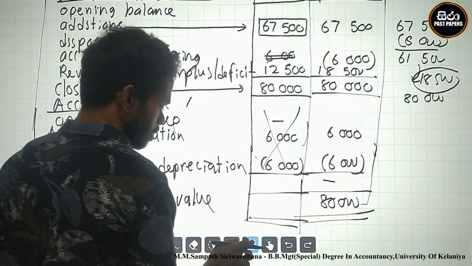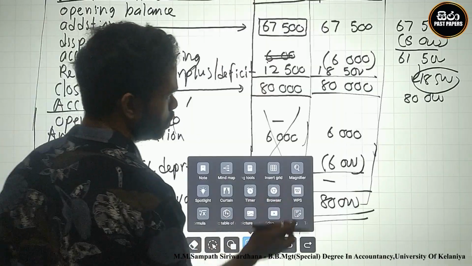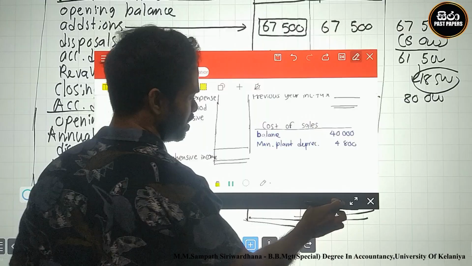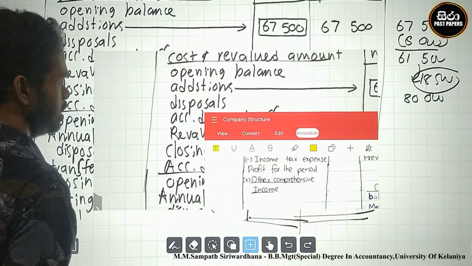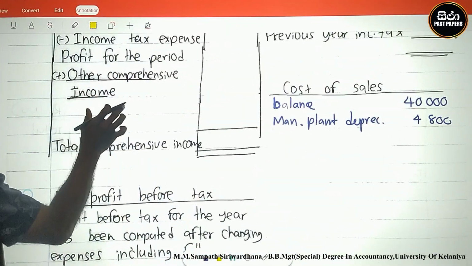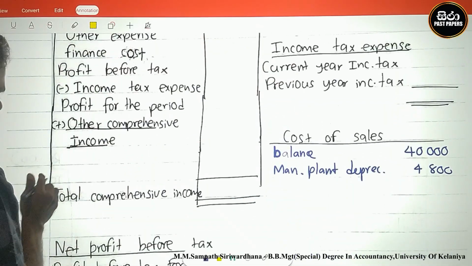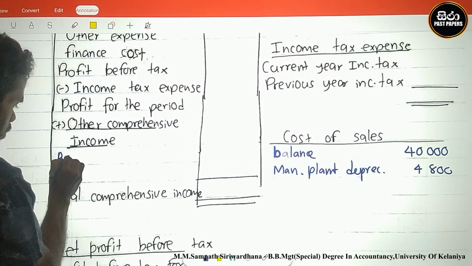It should be included in other comprehensive income. Other comprehensive income is included in the income statement. Therefore, under other comprehensive income, I write revaluation surplus of